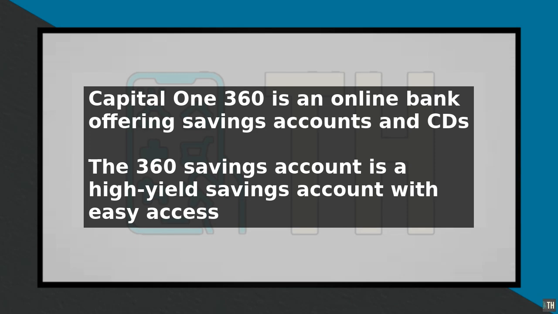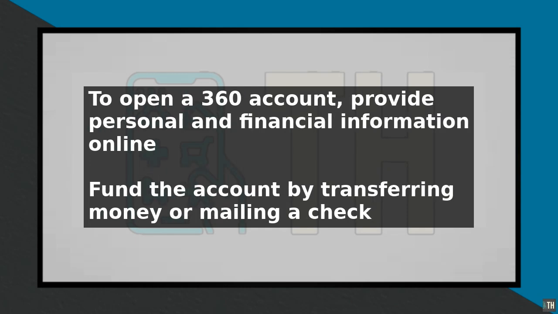To open a 360 savings account, you can visit the Capital One website or mobile app and follow the online application process. You will need to provide some personal and financial information, such as your name, address, and social security number. Once your account is open, you can fund it by transferring money from an existing bank account or by